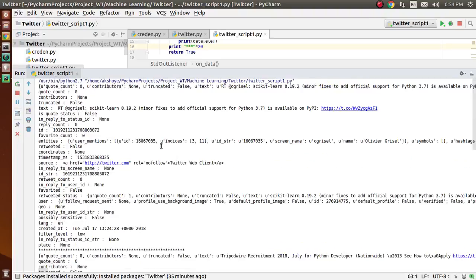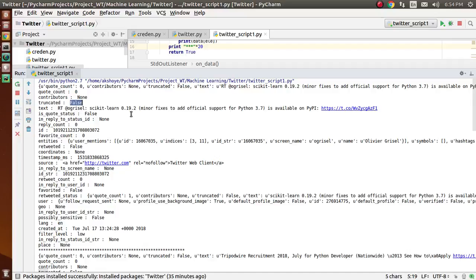You can see here now it is in proper format, and you can gain information from this. Here you can see we have quote count. These are our keys and these are our values. And so we have truncated value with false.